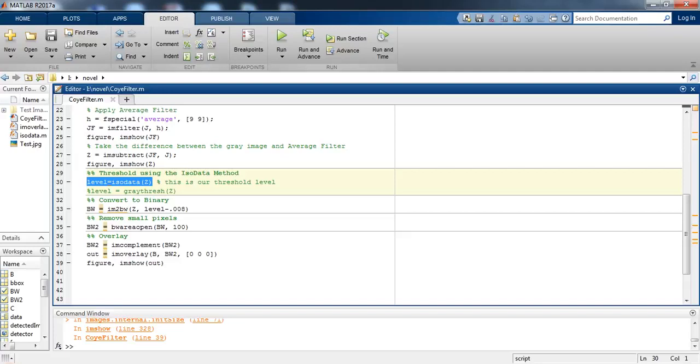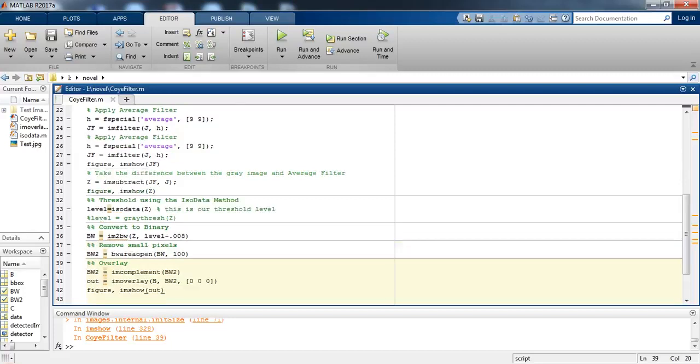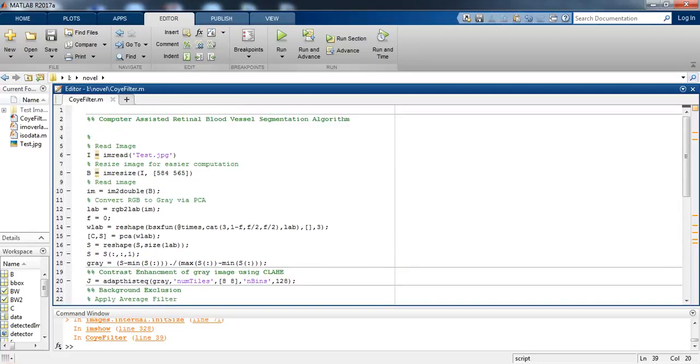This is the threshold level. Then we are converting the image to binary by using im2bw. Then we are removing the small pixels, and at the last we are overlaying the image. So this is the code for a novel retinal blood vessel segmentation algorithm for fundus images.